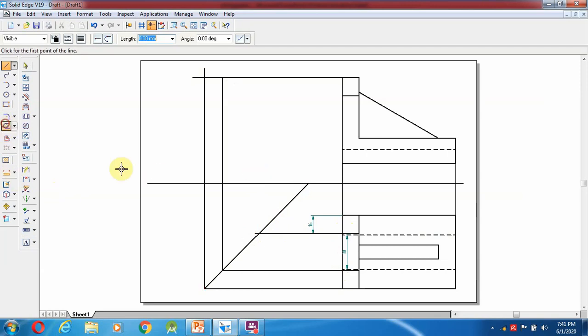Sometimes you may not get it, so please trim it. Select a line over here. In this line you can get the edge, you can project over here.